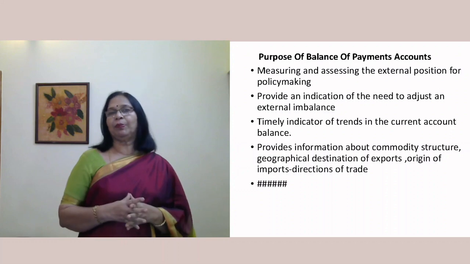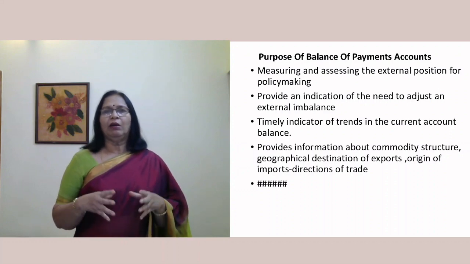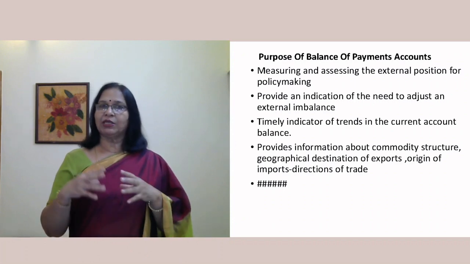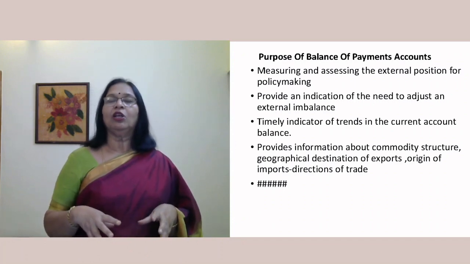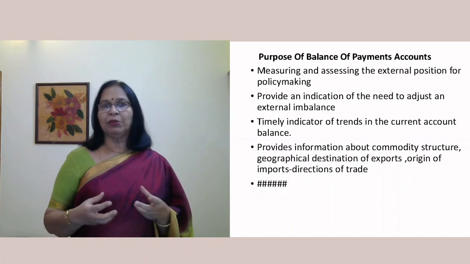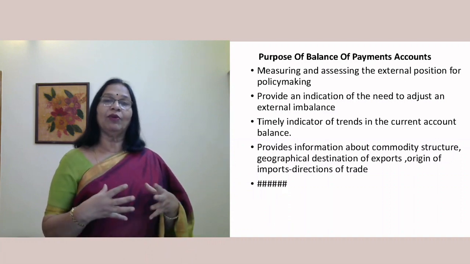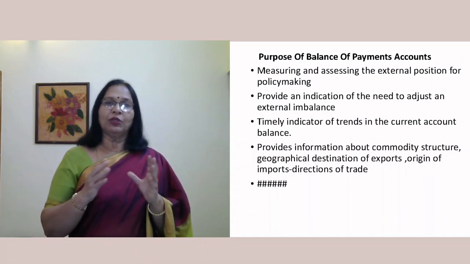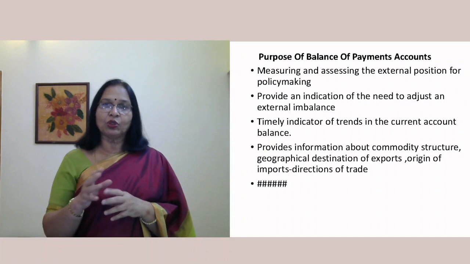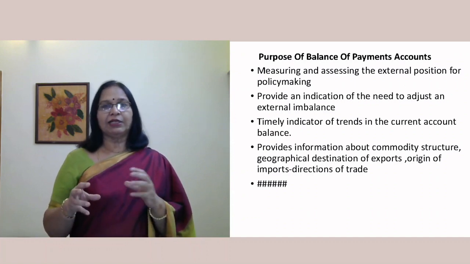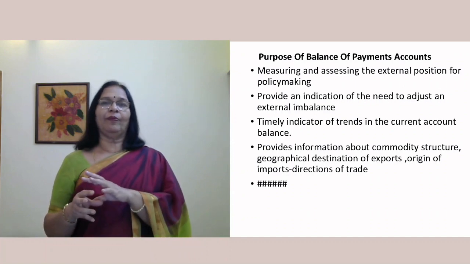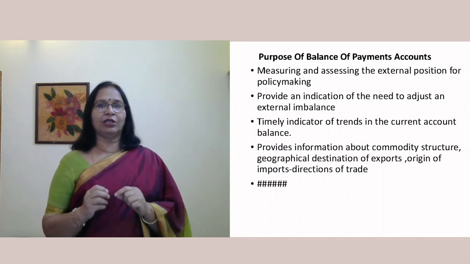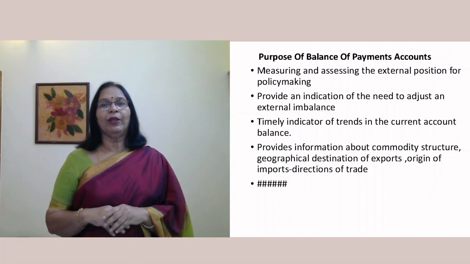Balance of payment account. Why does a country prepare this balance of payment? In a sense, the country needs to know how its external sector is working, because the external sector is very closely connected with the macro internal sector. We remember that when we do national income accounting, we have C plus I plus G plus X minus M, or the export sector. So the C plus I plus G is also influenced by the export sector, and these in turn influence the export sector. So it is important for a country to know how its external sector is functioning,